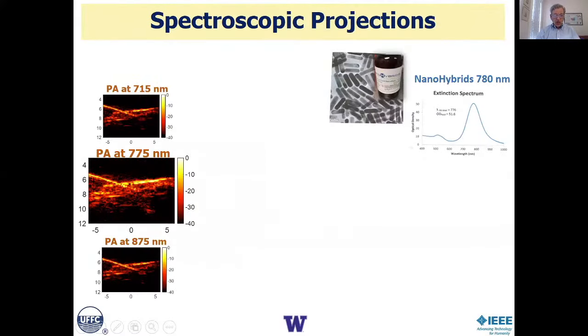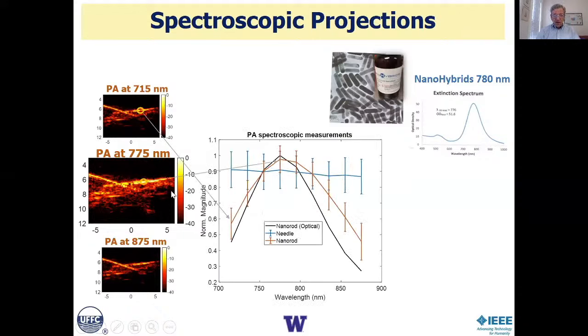The type of information you get is you get these registered and Fluence corrected images at the different optical wavelengths. You then, on a pixel by pixel basis, can put spectra together and compare the spectra, for this example, in a region which is clearly dominated by the gold nanorods, compared to other regions such as these, which are dominated by the needle, is that you can separate those doing a spectroscopic projections, very simple linear algebra, to get images of individual